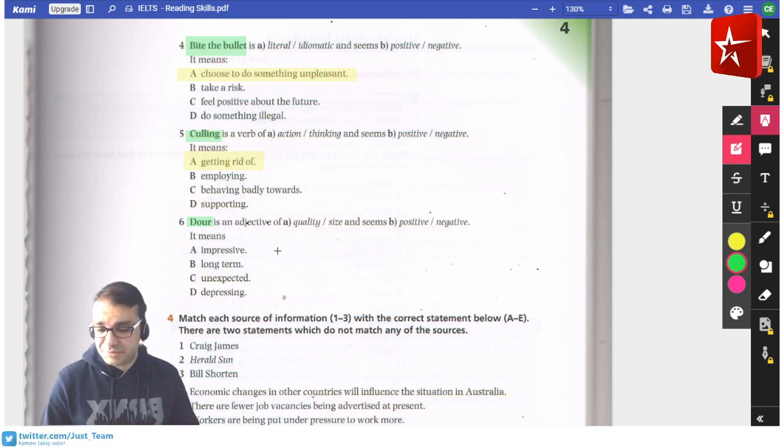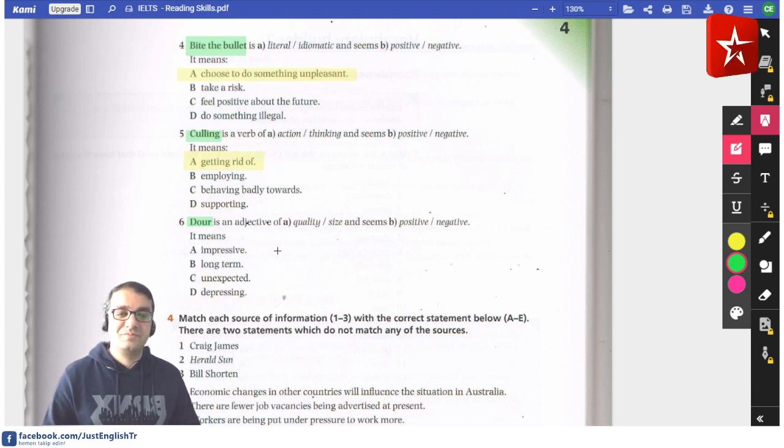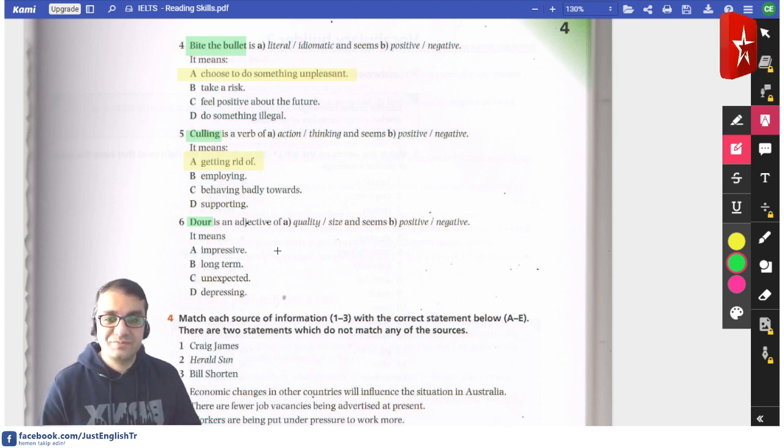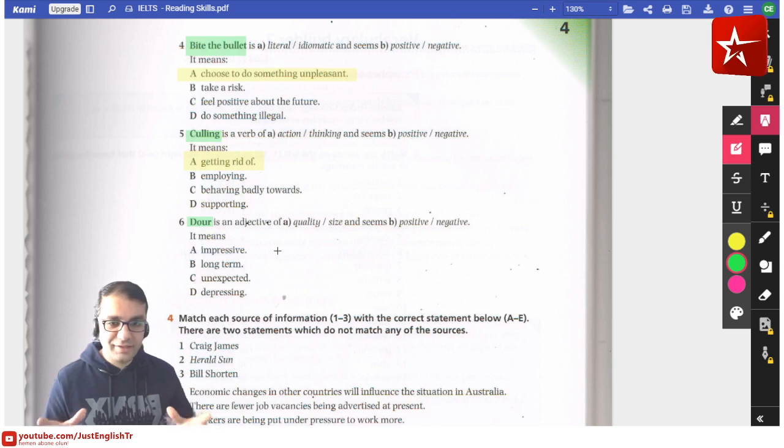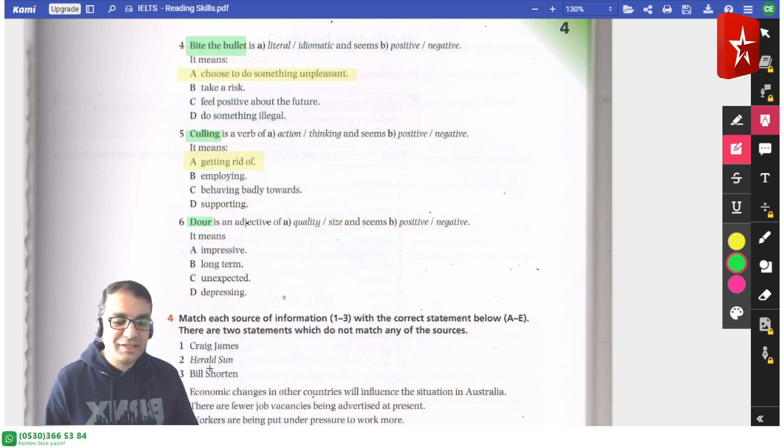Give me an answer. So, quality, size, positive, negative. Okay, Marina said it's a quality, yes? It's a quality